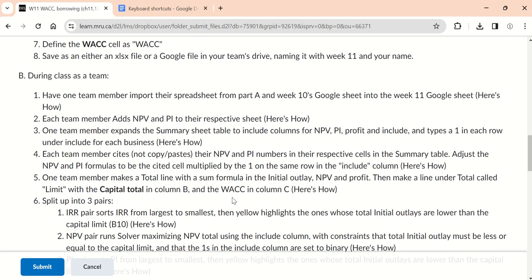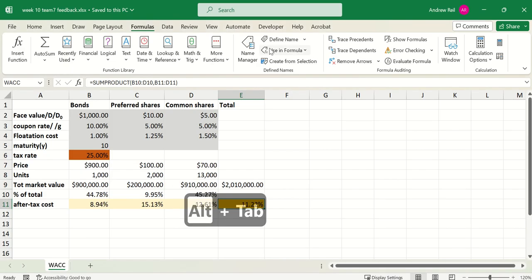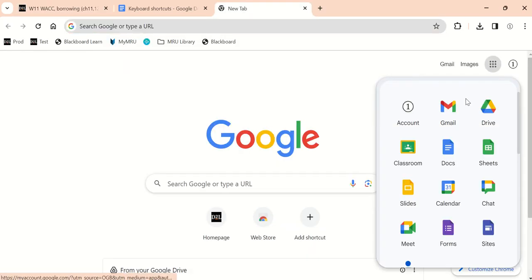And now we're going to put it up into our team's Google Drive. And it doesn't matter if you keep it as an XLSX file or make it a Google file, because none of these formulas that we're using are unique to Excel, that they're both shared with Google and Excel. So it literally doesn't matter which one you do. So I'm going to go into my team folder,